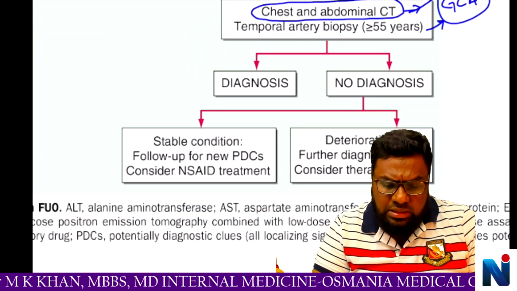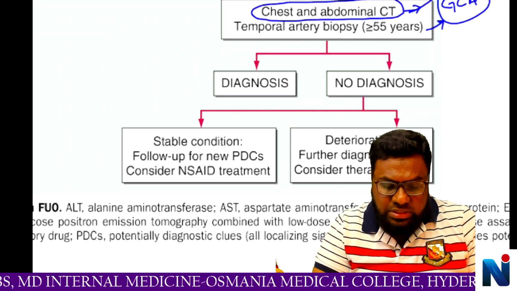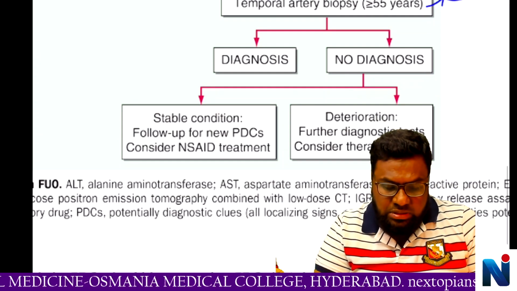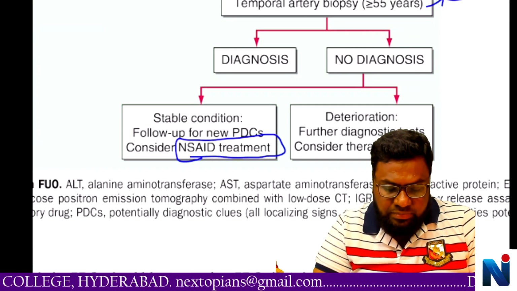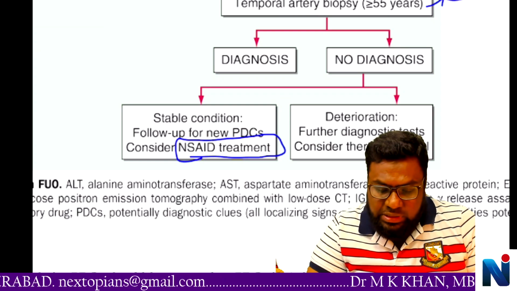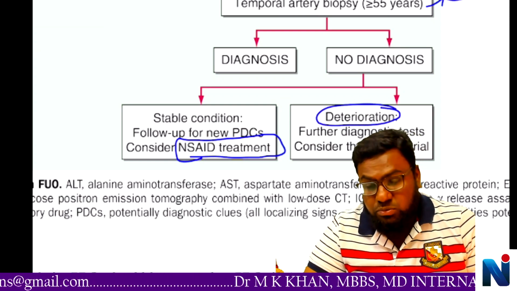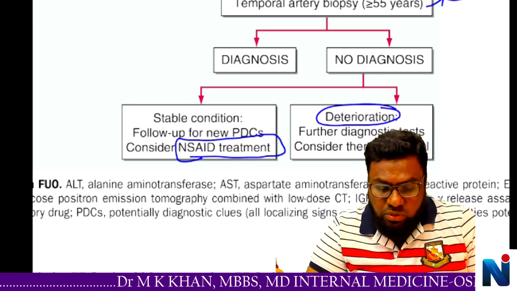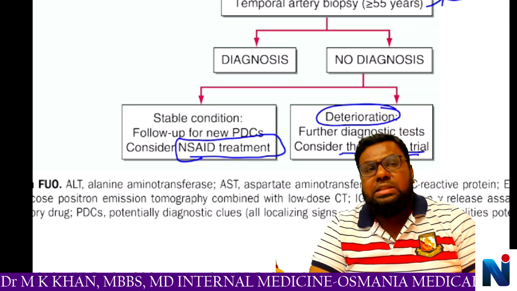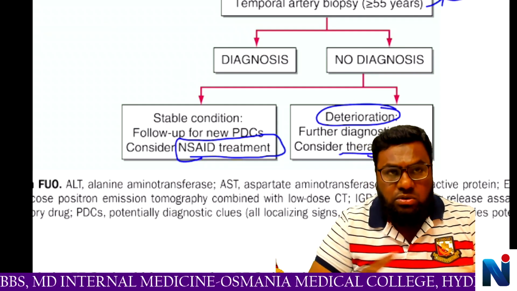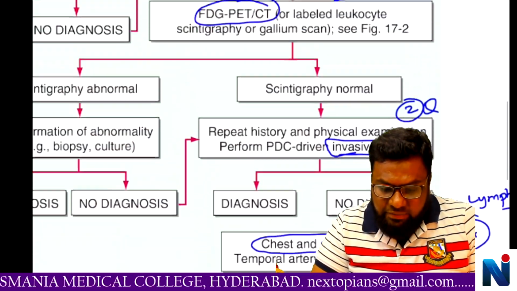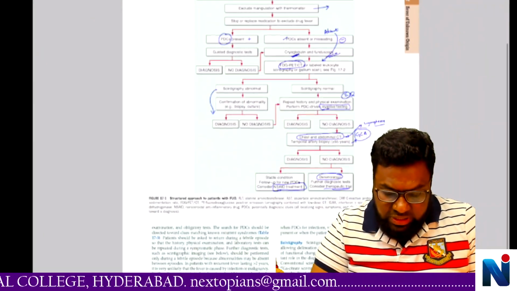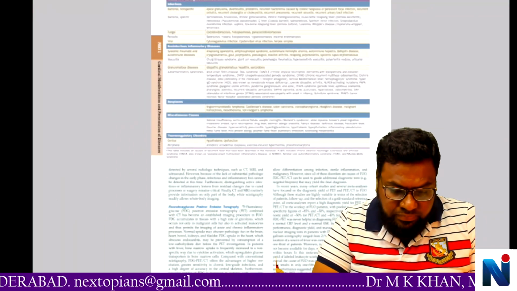And thus, if diagnosis is made, okay. If diagnosis is not made and the patient's condition is stable, then consider NSAID treatment. If there is deterioration, which most of the times happens, then you go for a therapeutic trial, some trial therapy. So trial therapy is advised if all these things are negative. So this is what you should understand in patients